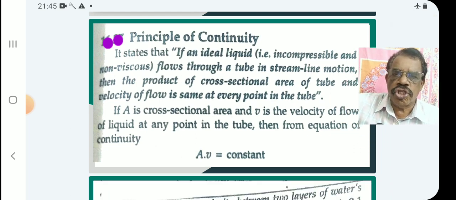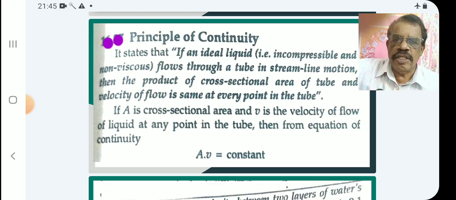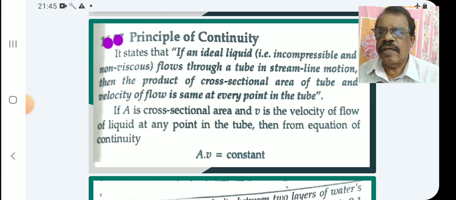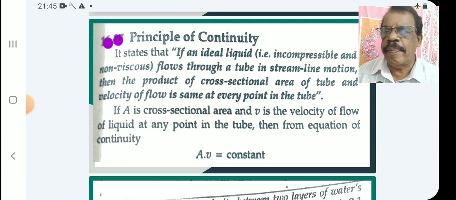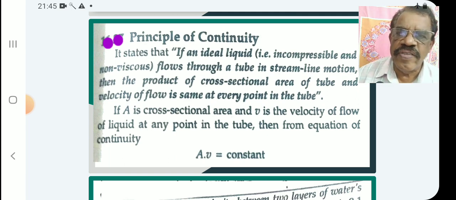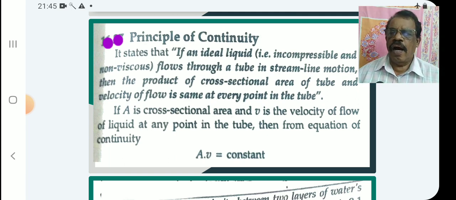So what is the equation of continuity? It states that if an ideal liquid, that is, an incompressible and non-viscous liquid is called an ideal liquid,